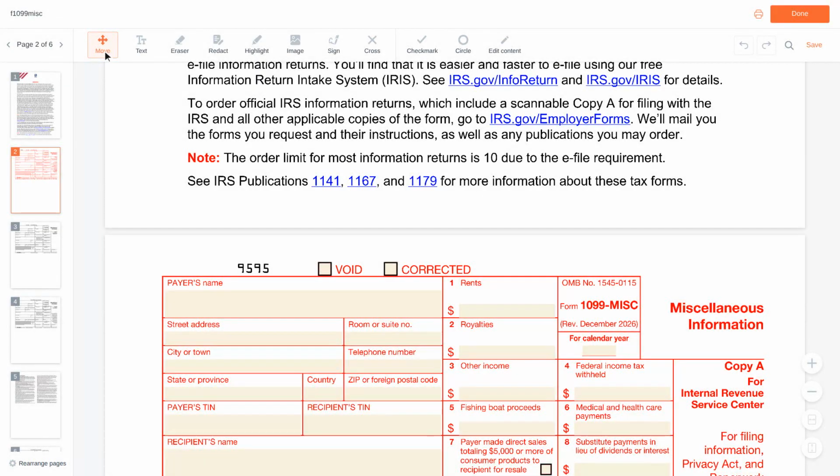IRS Form 1099 MISC reports miscellaneous information. Businesses use it to report payments to non-employees and others that do not fit the more specific 1099 forms. Common uses include reporting rent paid to a landlord, royalties, prizes and awards, medical and healthcare payments, and crop insurance